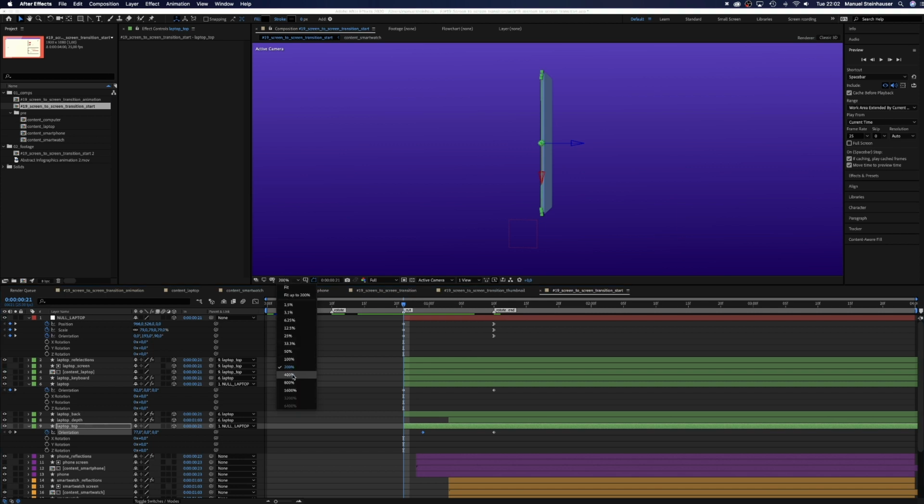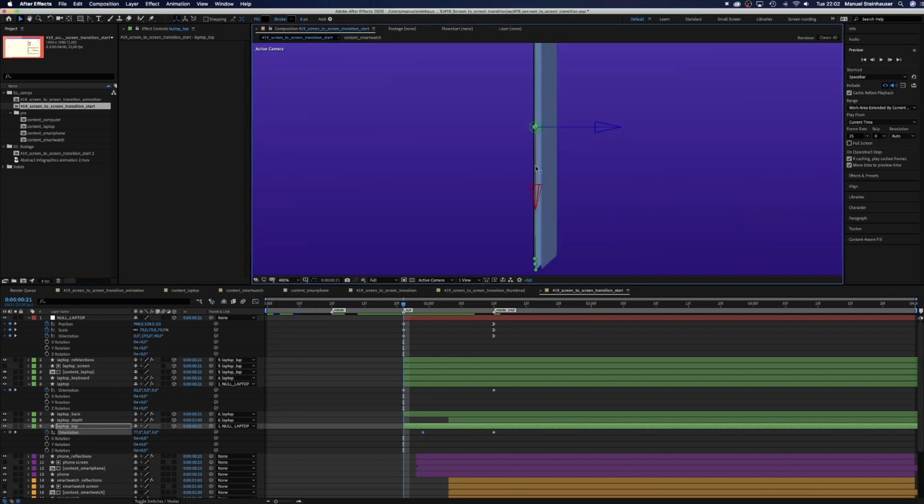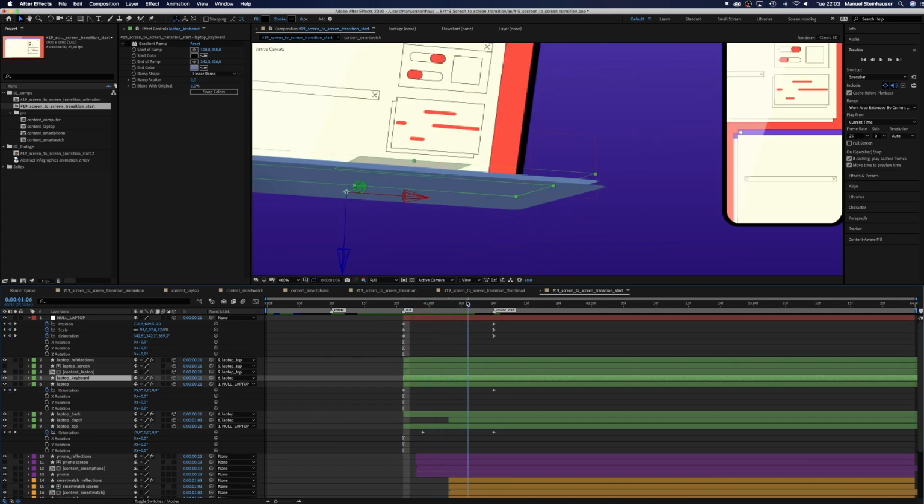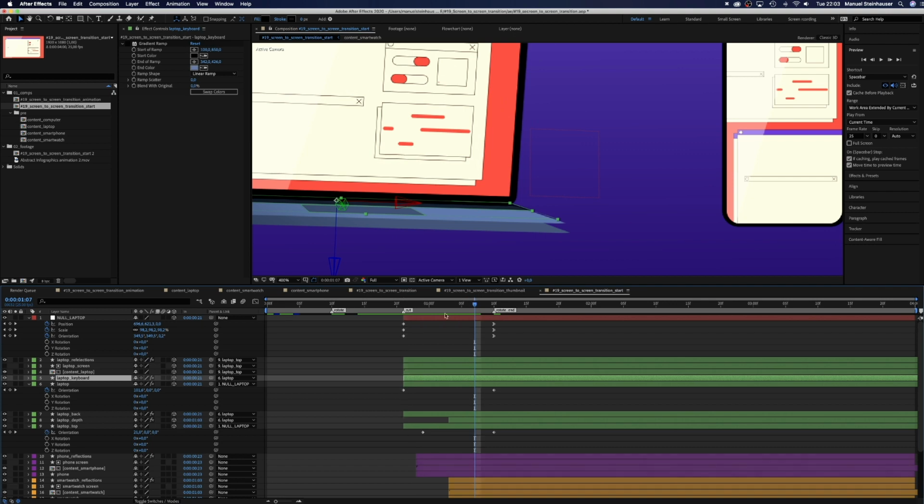See this black shape here? It's the keyboard layer, which we don't want to see, so we move the beginning of the layer to 1 second and 7 frames where we need to see it for the first time. I mean, fake 3D is always a bit of cheating, nothing bad about it.